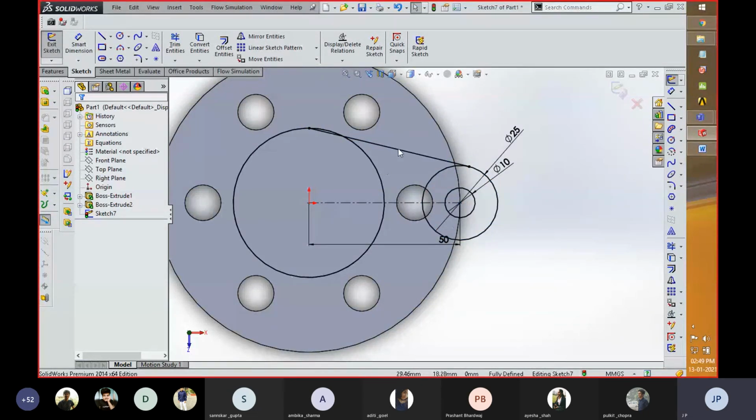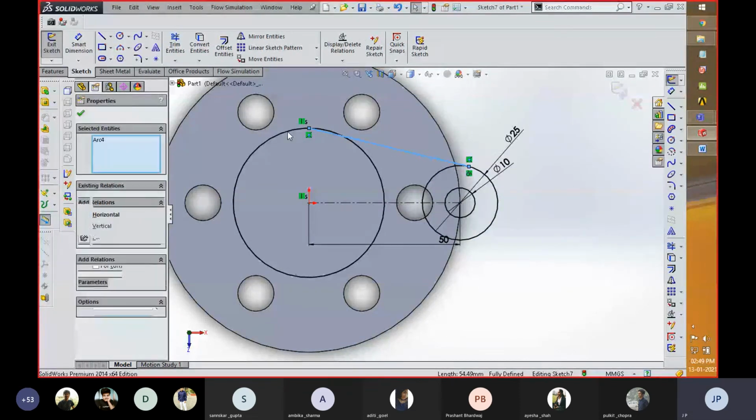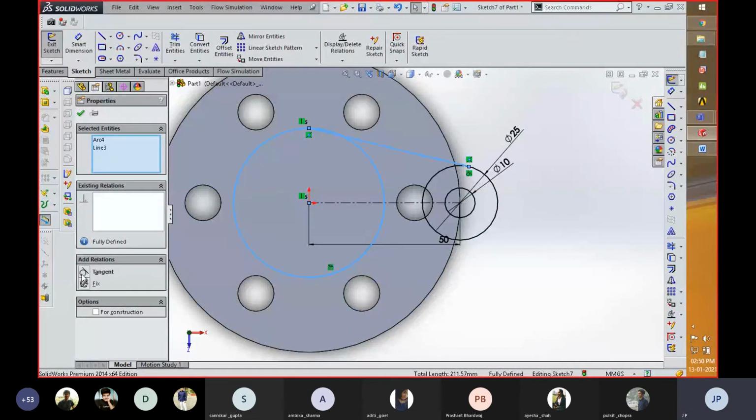And if you want to mirror this line, you see over here this line is tangent with this circle as a constraint, because we already gave the tangent constraint.